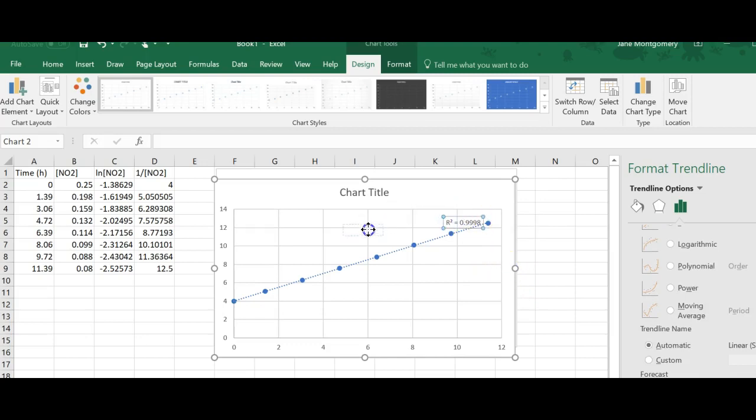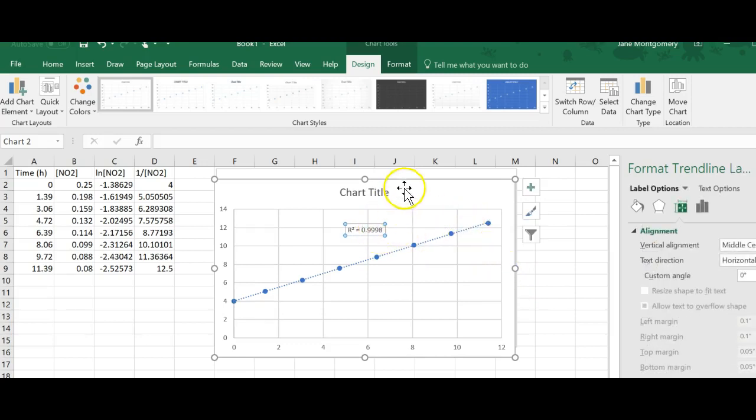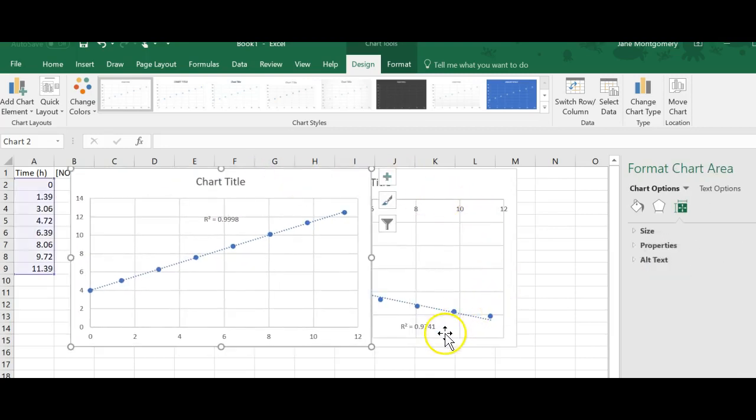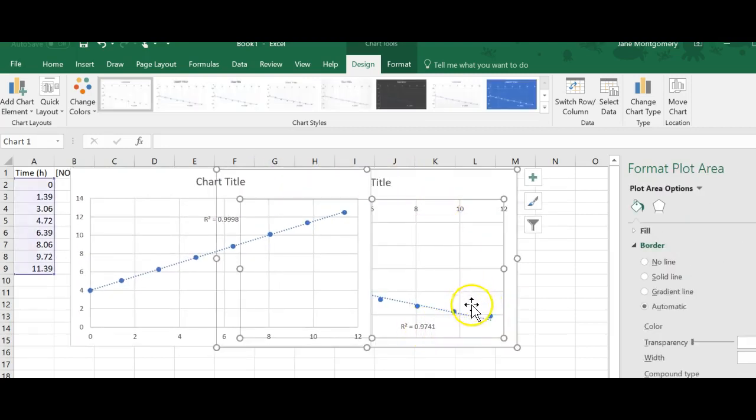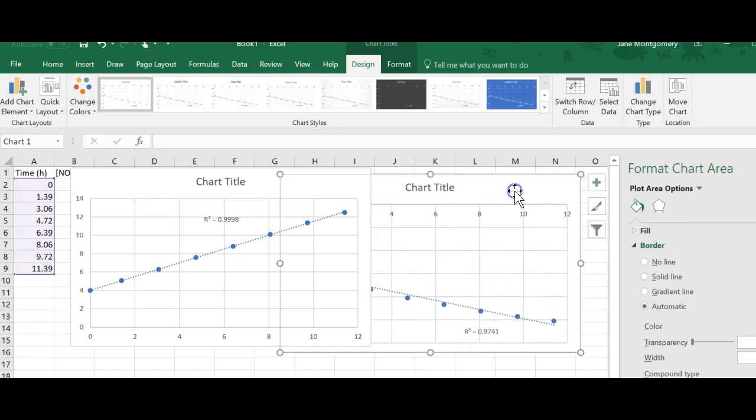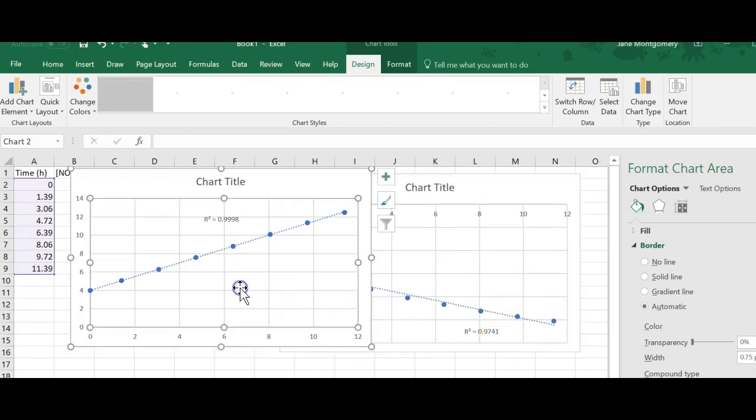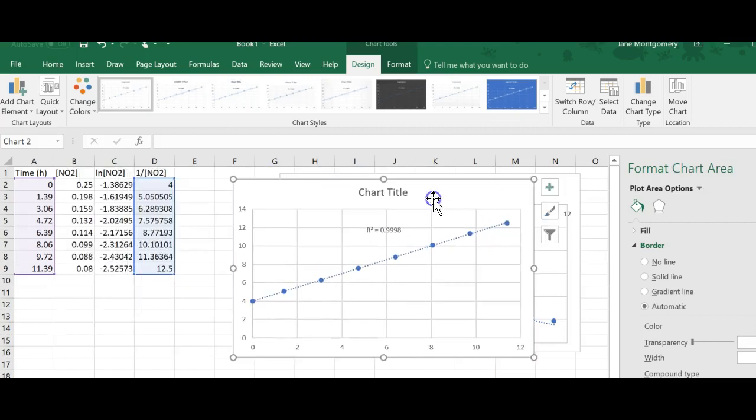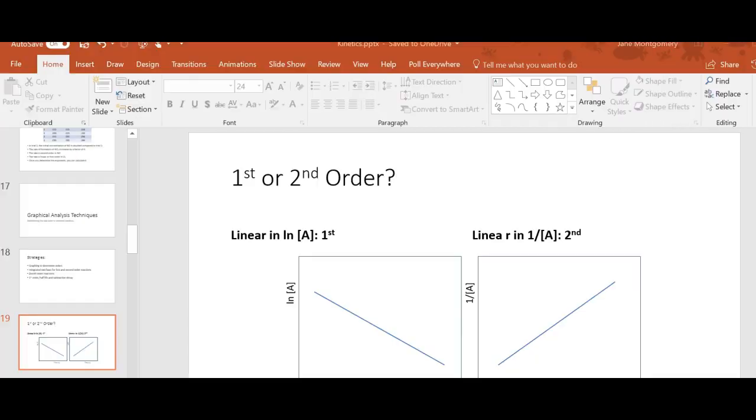So this R-squared value is 0.9998, which is really close to 1, whereas the R-squared value for my natural log data was 0.9741. So these are the data with 1 over concentration, and they're more linear. So 1 over the concentration of NO2 gives me a linear trend. So what this means is that